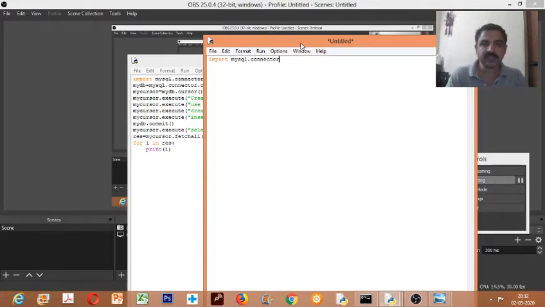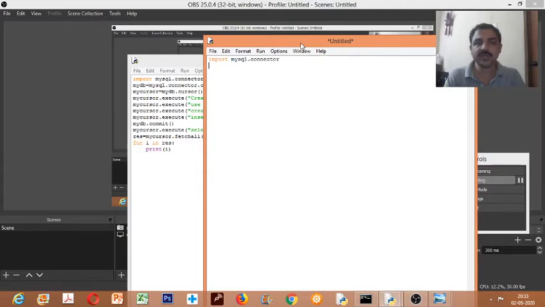That means just like any module in Python, you want to import it into your program, so you need to write import mysql.connector. Its features have to be imported into your program.